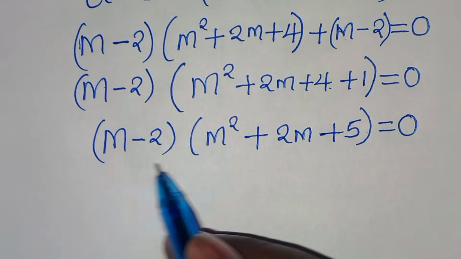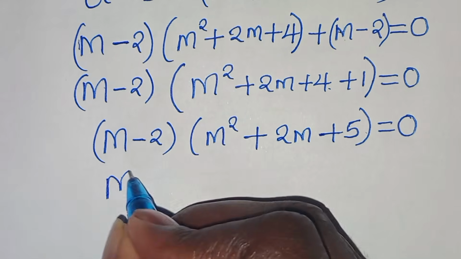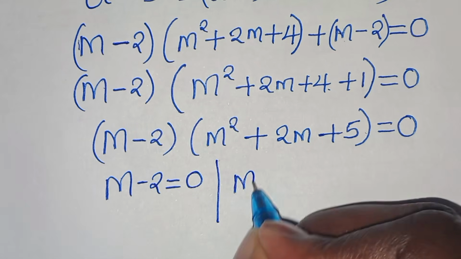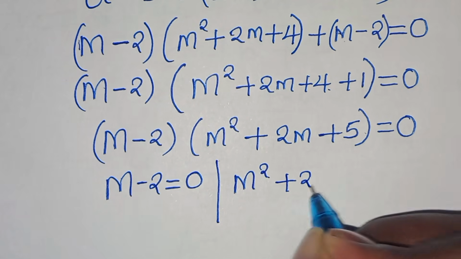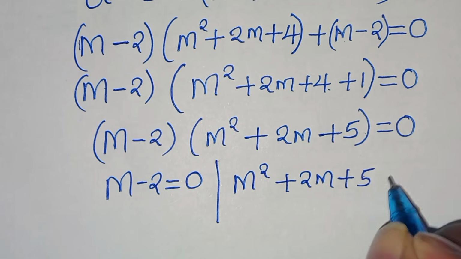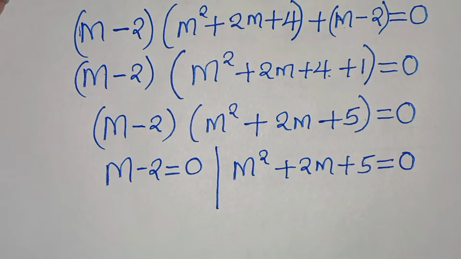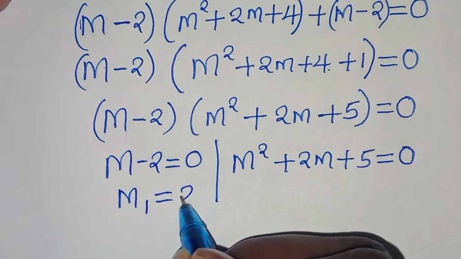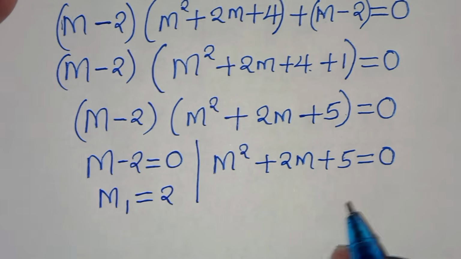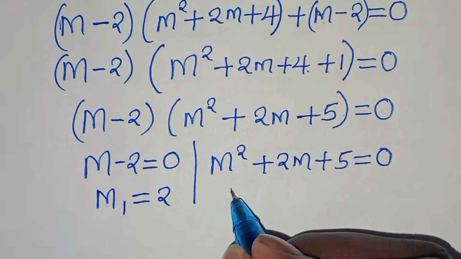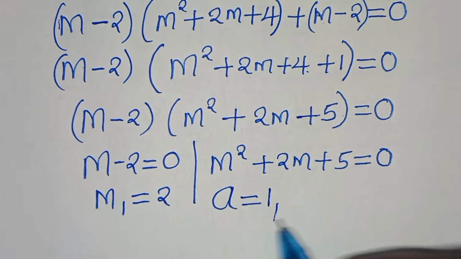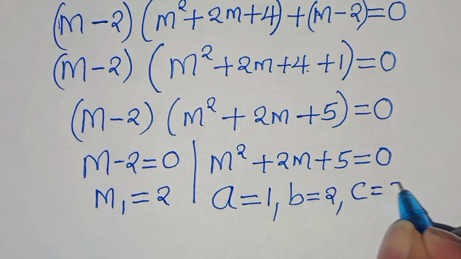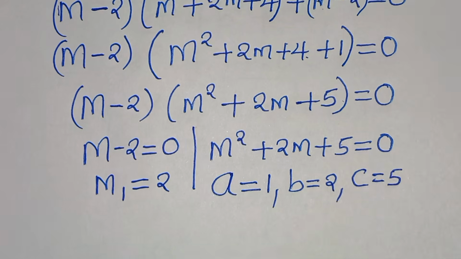Now, here we have got two parts. We have m subtract 2 equal to 0, and we have m to the power of 2 plus 2m plus 5 equal to 0. And this implies that we have m1 equal to 2. Remember, this is a real solution here. And the second part is a quadratic equation where we have a equal to 1, b equal to 2, and c equal to 5. Now we can solve for m2 and m3